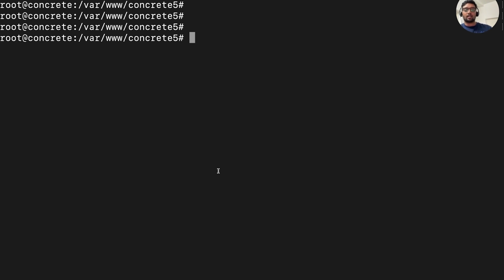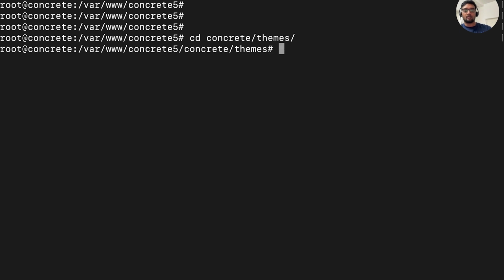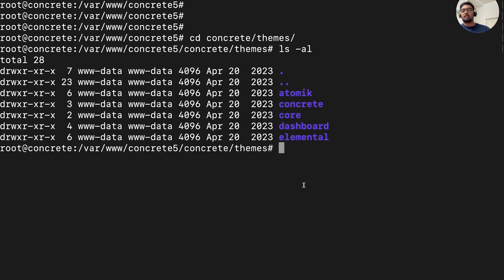Theme files are located in the folder Concrete Themes, and here you can see the list of themes that I have downloaded for this website. In this demo website, I have used the theme named Elemental. So I'm going to the folder Elemental here,